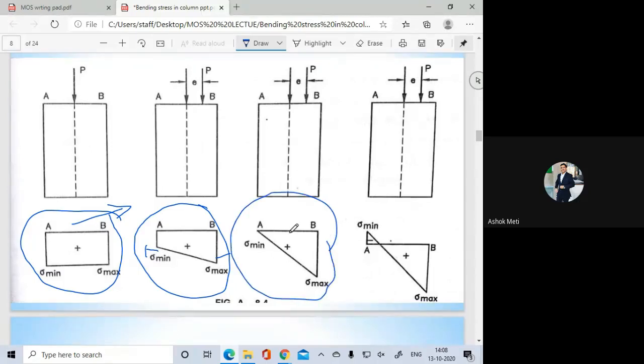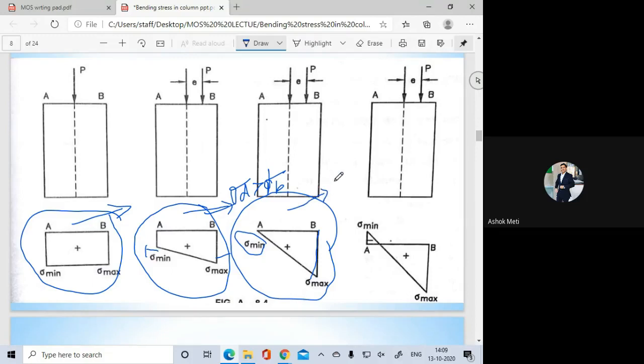So again, here is another case you can see. For eccentric loading, the column subjected to eccentric loading, one side will be subjected to a maximum, the other side is subjected to a minimum. So the minimum stress is 0 and the maximum stress has some value. Why? Because here, based upon the condition that sigma d should be greater than sigma b. So this is the first case. If sigma d is greater than sigma b, the stress distribution diagram is in this way.